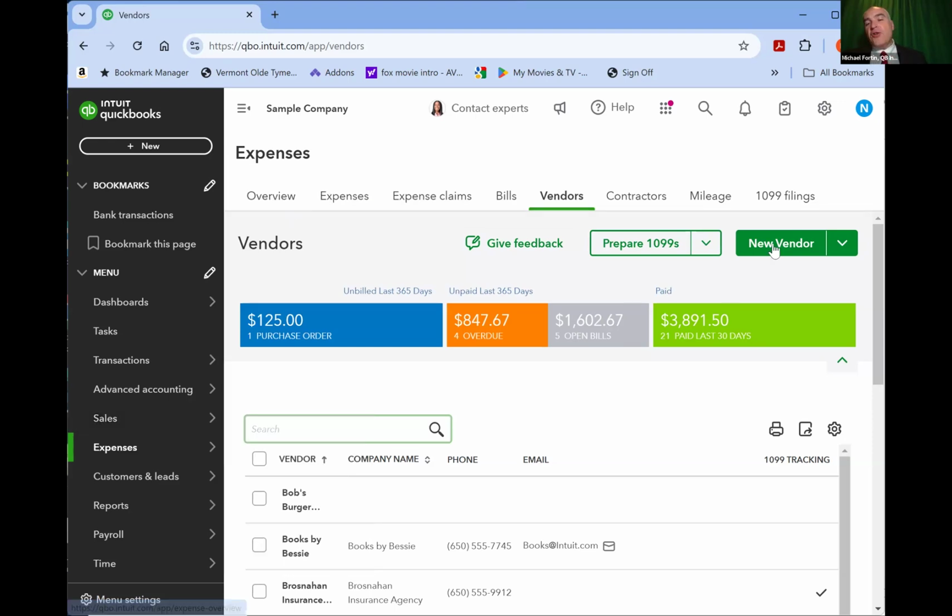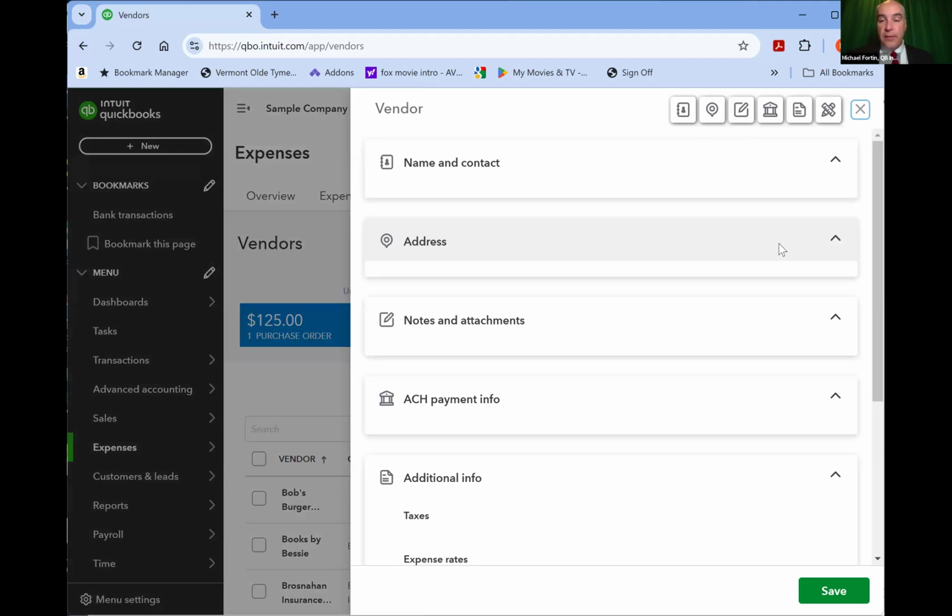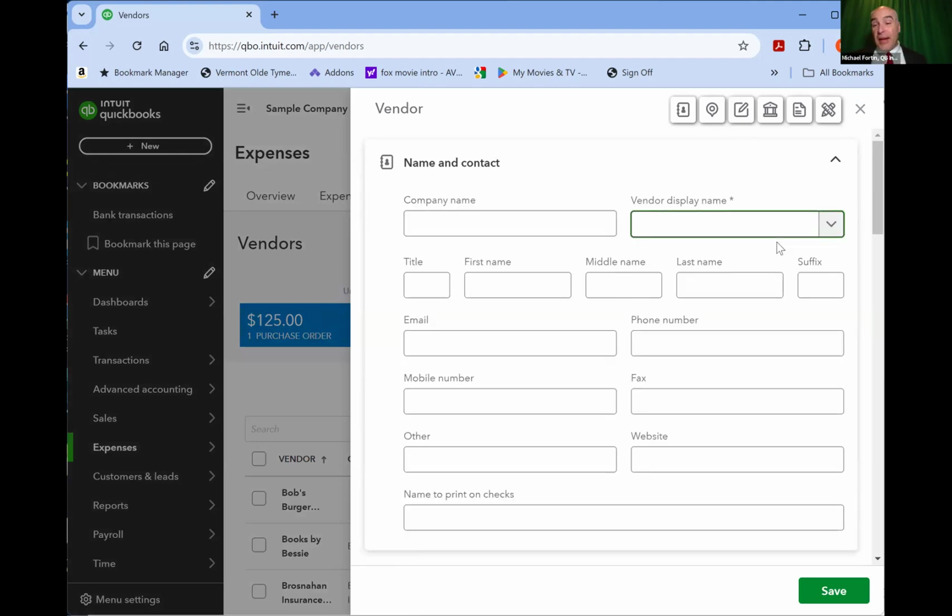Okay, so I see the new vendor button, this green button. I'm going to go ahead and click that, and it's going to open up a new vendor screen. Another thing I will say about the test drive is that it is a little laggy, as my kids who play lots of games like to say. When something is laggy, they tell me about it, which means that it's slow and kind of lazy. So the test environment is at times a little laggy because it's just not the same system that they use in production with the real subscription, real paid customers.